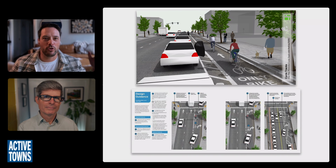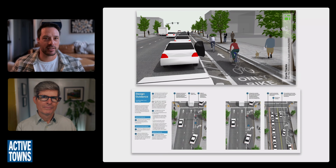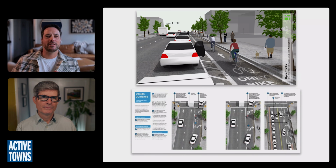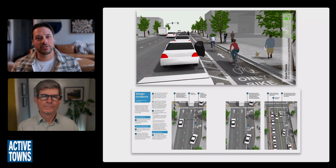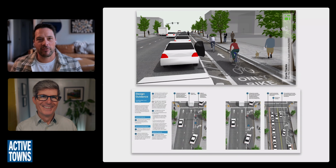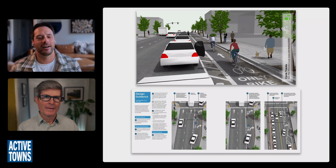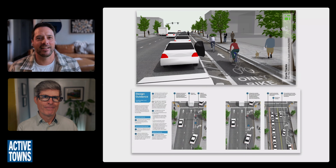Get you to a point where you could say yes to these protected lanes that for the last 30 years had been rejected outright. And so I think it's important to remember where we were in this industry. We were just trying to convince people that this was going to be okay. And having something like a mixing zone, which does actually resolve right hook conflicts in a way, it's stressful, but it's safe. And so also, very much inspired maybe by the Danes and the work that they were